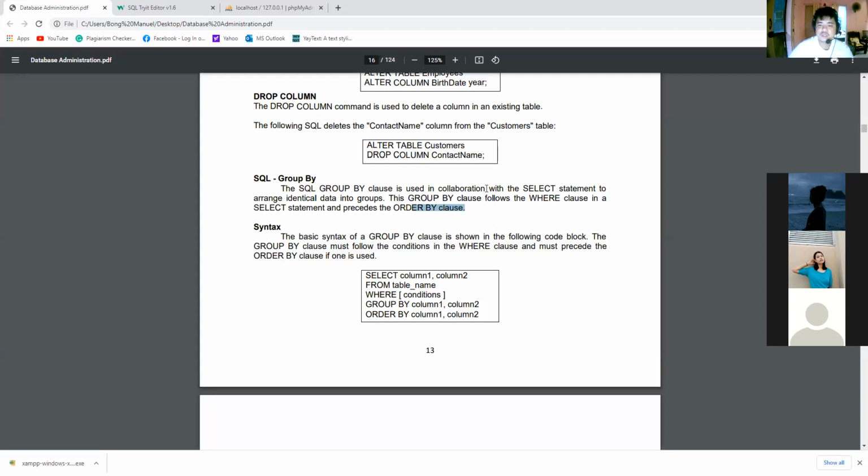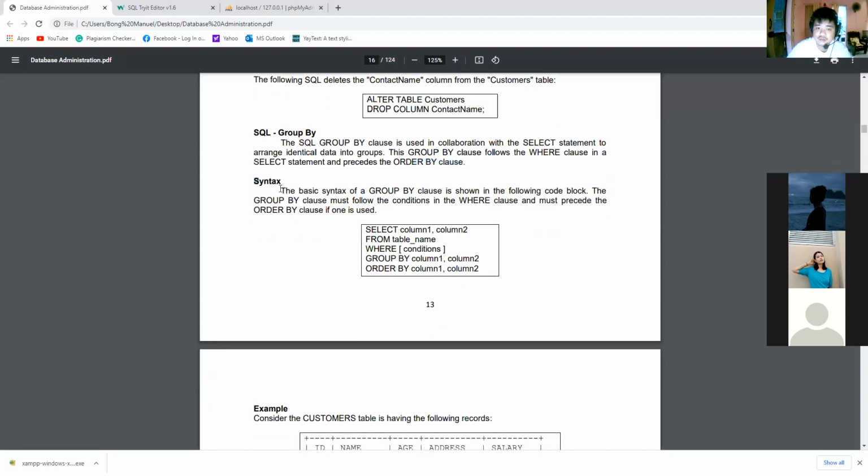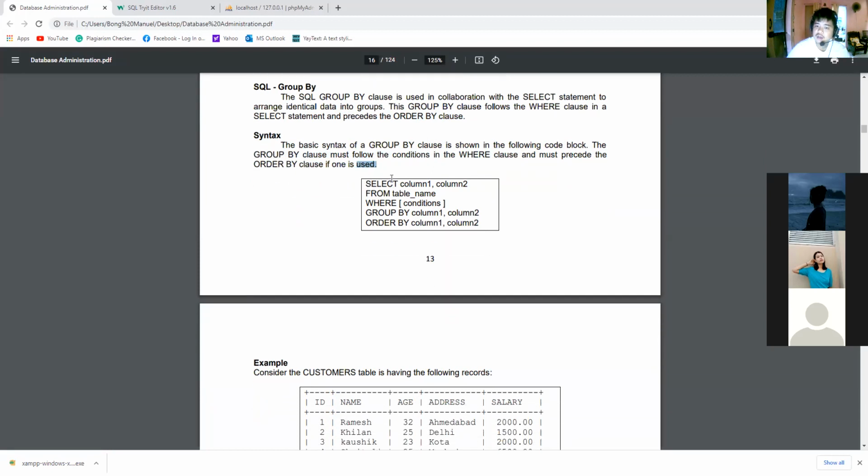So, ibig sabihin, sabi nga nila, ito yung example or syntax. The basic syntax of a GROUP BY clause is shown in the following code block. The GROUP BY clause must follow the conditions in the WHERE clause and must precede the ORDER BY clause, if one is used. Sabi nga dito, SELECT column1, column2, or let's say SELECT asterisk FROM table. But ang nakalagay dito, SELECT column1 and column2. So ibig sabihin, this one only pertains to the first column and to the second column na meron ka sa